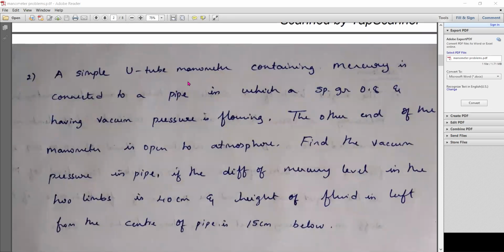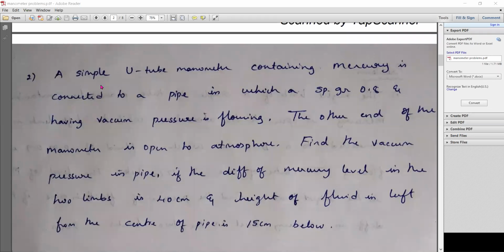Again, it is on the simple U-tube manometer. From the first unit, mostly if they want to ask long answers or long problems, they'll ask from these only. These are basic things, but in the differential manometer, you'll get slightly bigger problems. Please concentrate here. From the first unit, the essay will mostly be from this topic only.